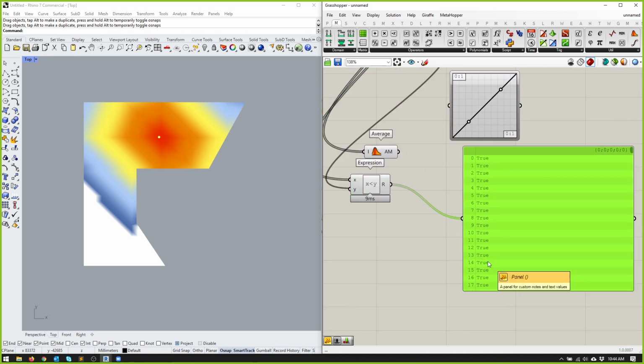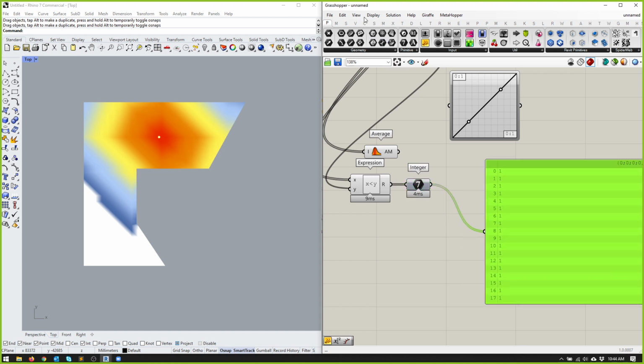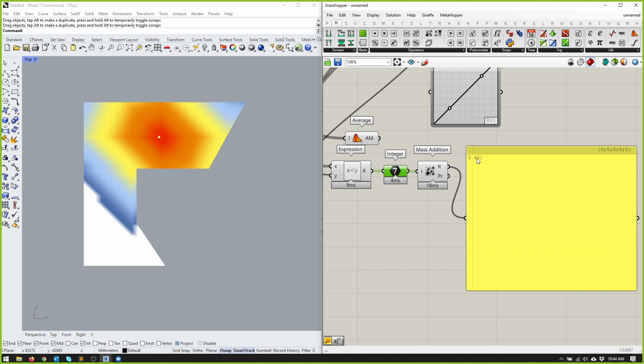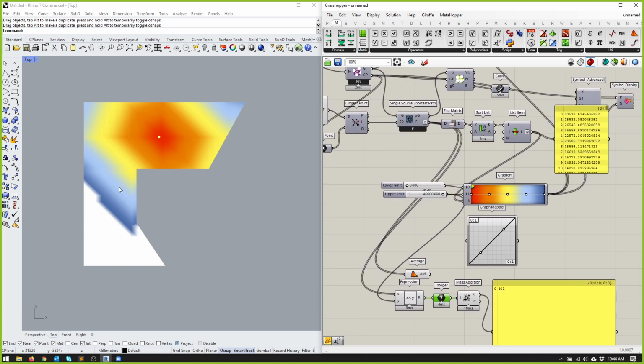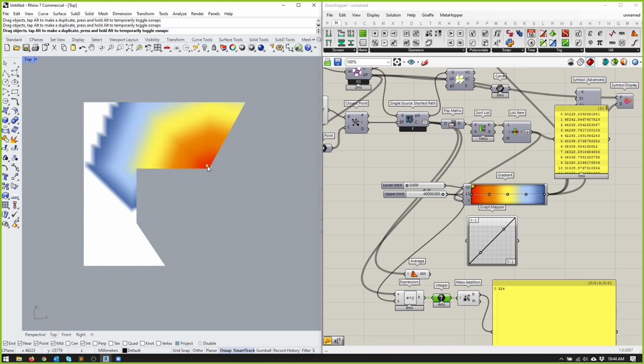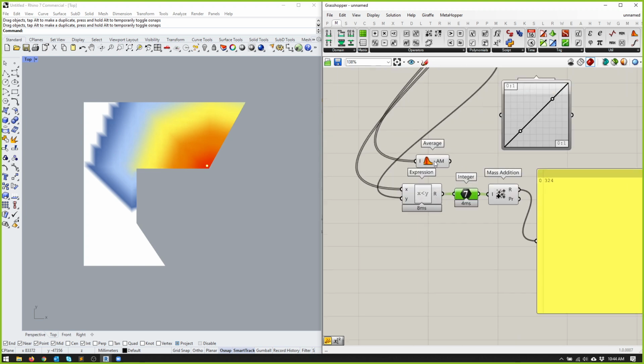So that'll give us true false values. I've spoken to you guys about if you convert true falses into numbers, the trues become ones and the falses become zeros. It becomes really useful if you just want to count how many trues there are. If you convert them to integers and then do mass addition, that tells us there's 401 nodes that are under. If I move to that corner over there, there's 336, so on and so forth. There's 324. Okay, so